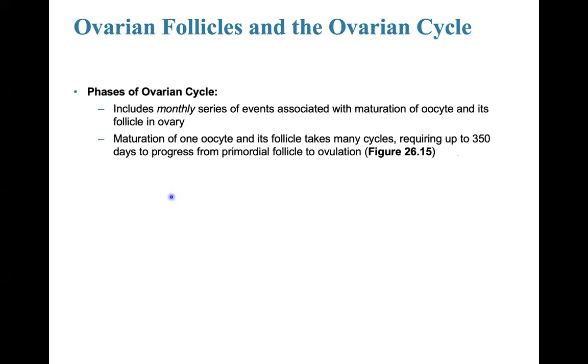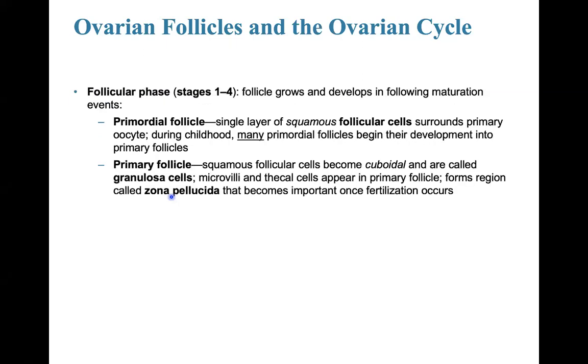Now, the phases of the ovarian cycle will include a monthly series of events associated with the maturation of the oocyte and the follicle in the ovary. The maturation of one oocyte and its follicle takes many cycles, requiring up to 350 days to progress from the primordial follicle to ovulation. The first stage, which is the follicular phase,